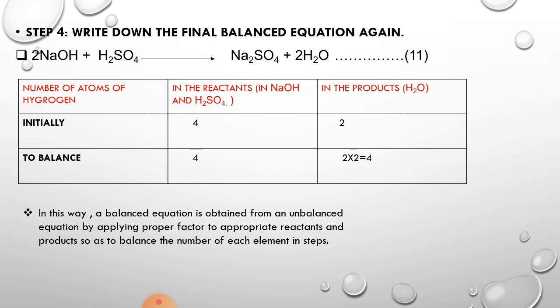So first, if you are given any kind of equation, see what elements are present in the reaction, then count the numbers, and if it is unbalanced, balance it by putting an appropriate number on both sides. So the number of atoms in the product side compounds and the reactant side compounds should be the same at the end.